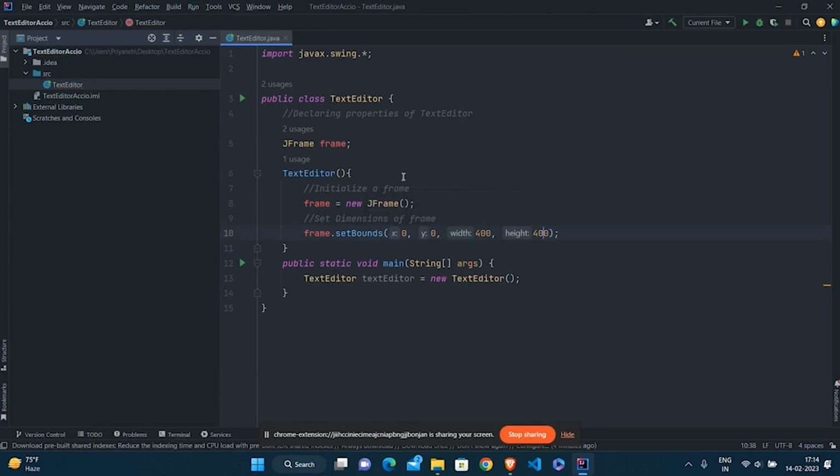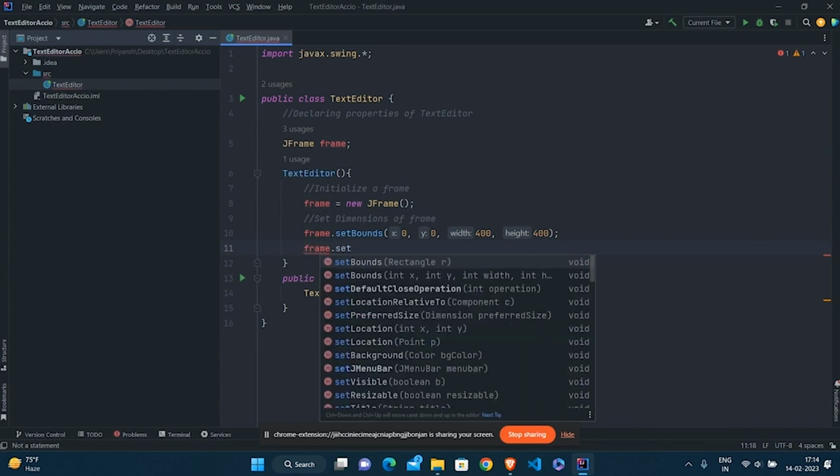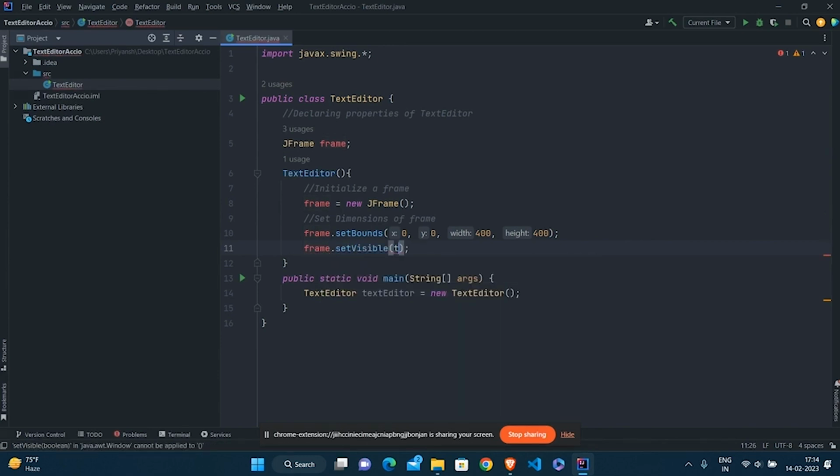I will tell you what this x and y means. But this width and height, you know that, right? So this will be the width of the frame, and this will be the height of the frame. And after that, I can have frame dot setVisible true. So this frame will not be hidden after this. I'm just making it not hidden.